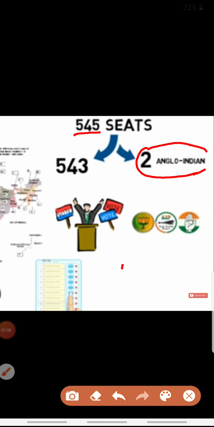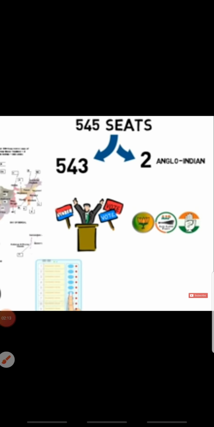Same as we have seen for the state government MLAs, how they need to have a majority, more than half the number of seats. Here also they need more than half the number of seats. The winning party should have more than half the number of seats. The political party which has the second largest number of seats in the house plays the role of opposition party against the ruling party. So the party which has more than half the number of seats will be the ruling party, and those who have the second number of seats will be the opposition party.